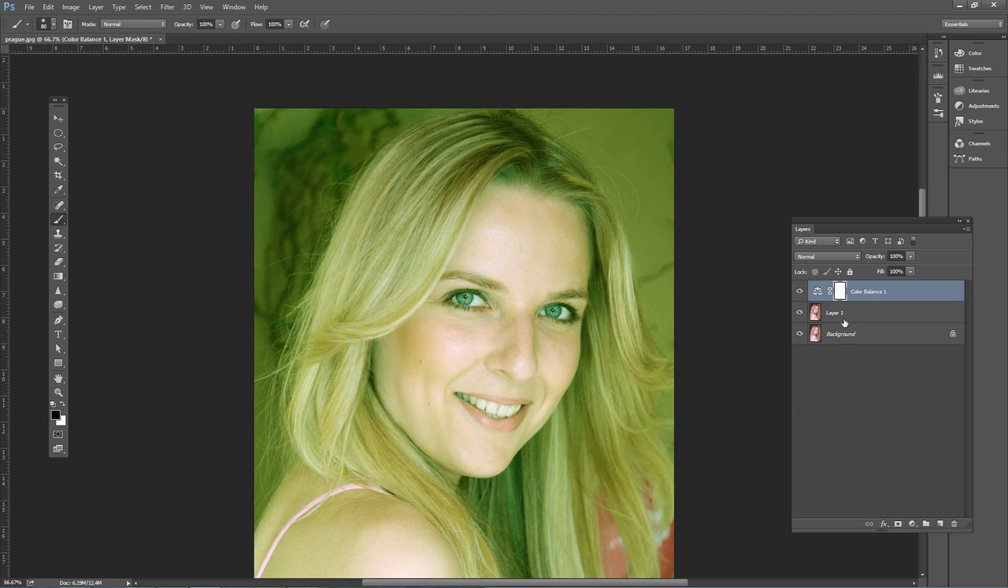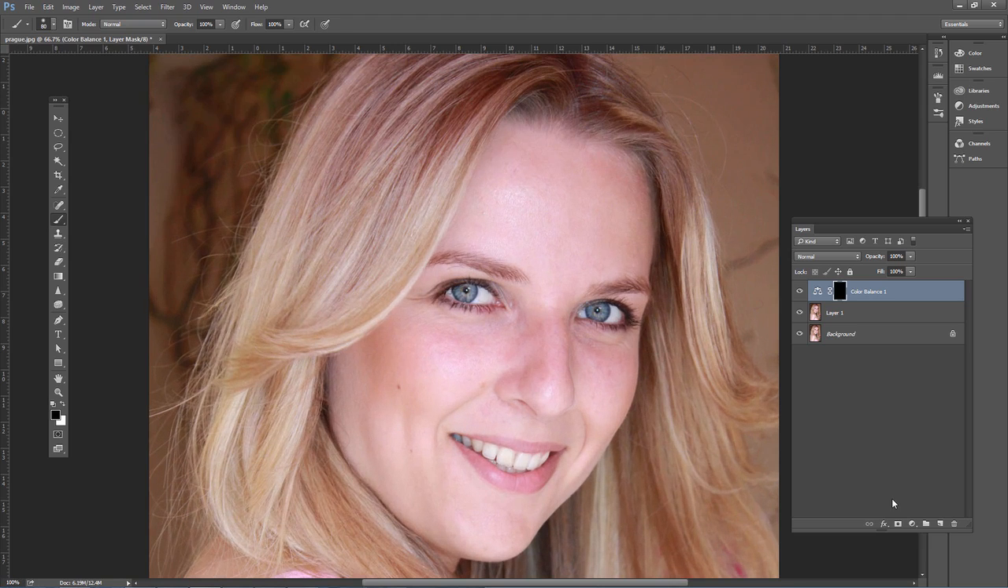Problem is it affected everything else, right? Well, this black mask that comes with the adjustment layer, we're going to fill it with black. So with the black as the foreground color, press Alt Backspace on the PC or Option Delete on the Mac. Now I got rid of our effect, right? We don't want that. So what we want is, I'm going to zoom in,